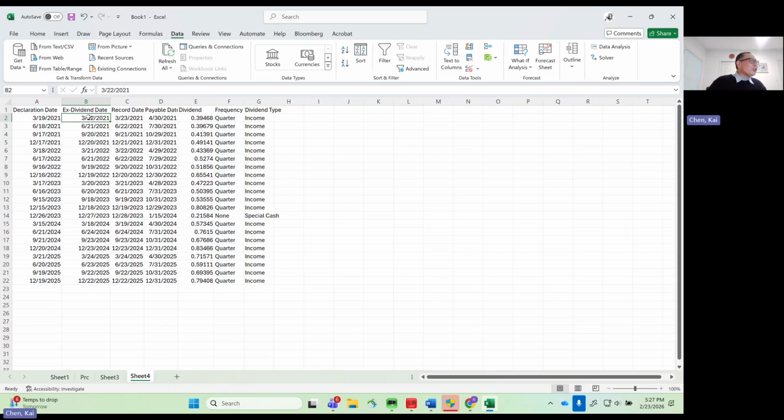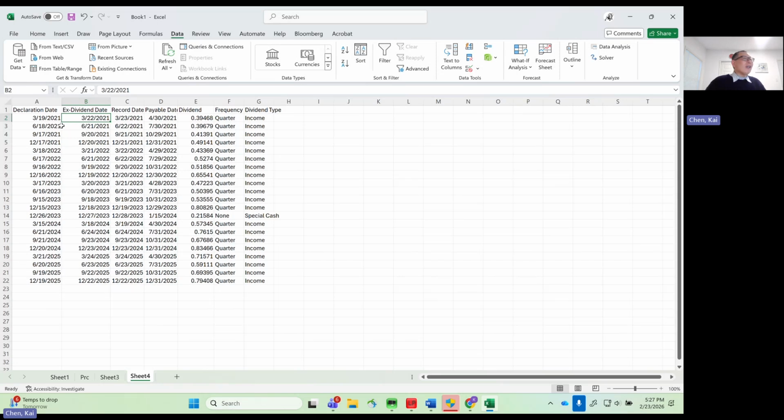If you purchase the triple Q in the day before March 22nd, suppose March 21st, then you have the right. If you purchase the triple Q on March 21st and become the shareholder, then you have the right to receive the dividend. Okay, then in this case,